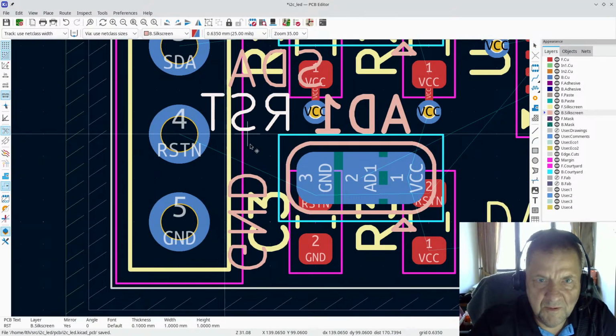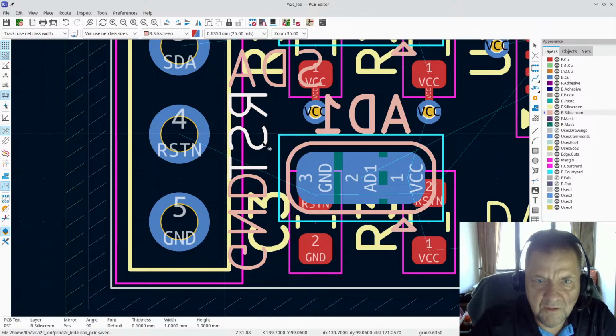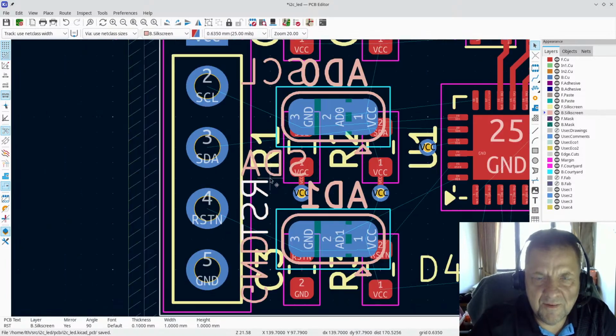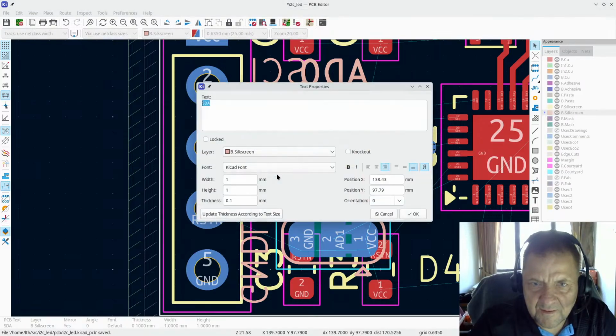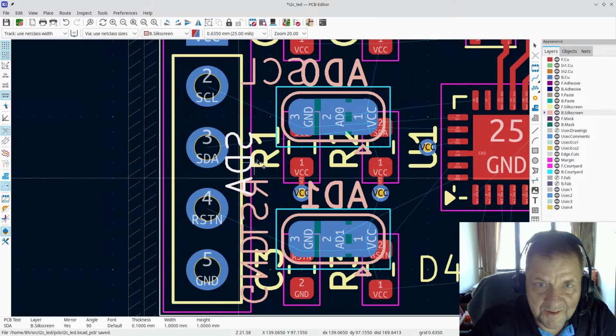I think I can just do exactly that. So let's edit, center aligned. Wonder if there's a hotkey. There probably is, knowing